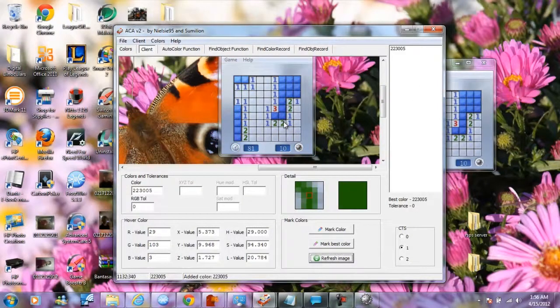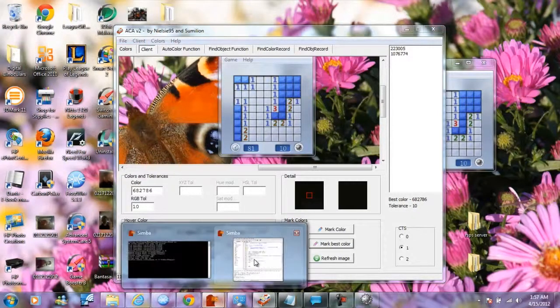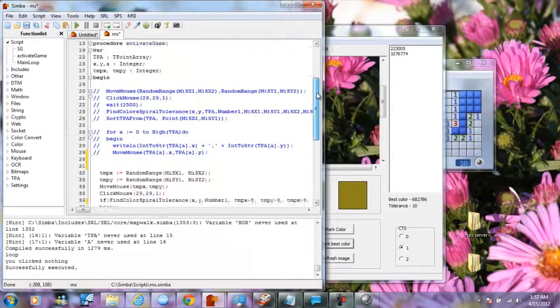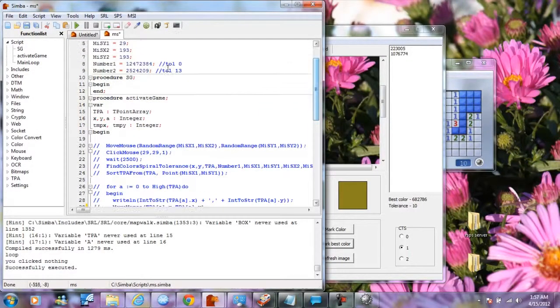So I'll go dark green and then a light green, mark the best color. So there, you get a lot of the 2. You know, I got this. This is my best color, and this is a 10. So if I were to implement this into my script, I would then just go up here, change this to that and make the tolerance 10. And that actually might be better than my script since it was a lower time. I don't really know. Anyways,